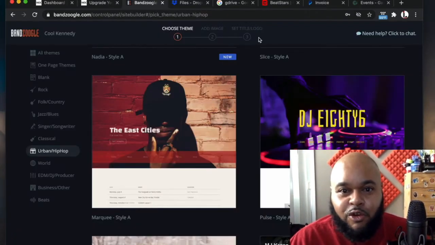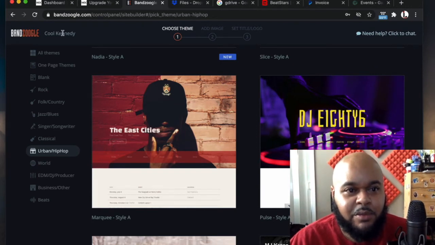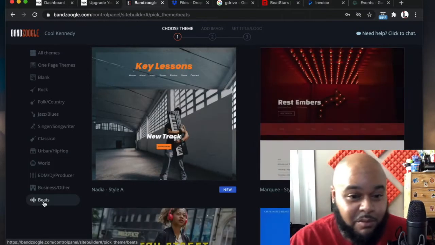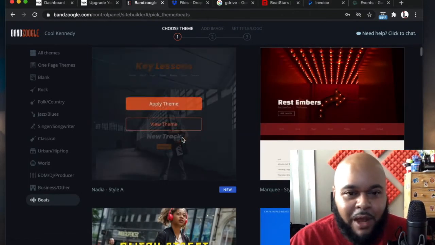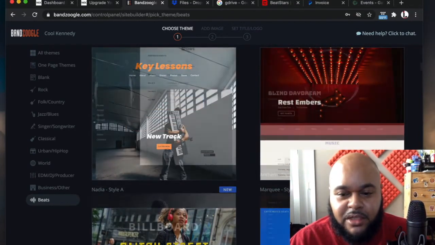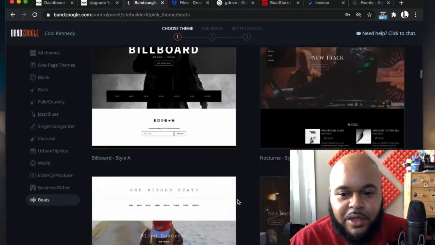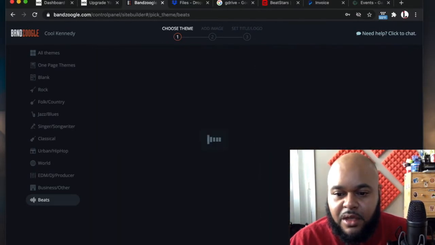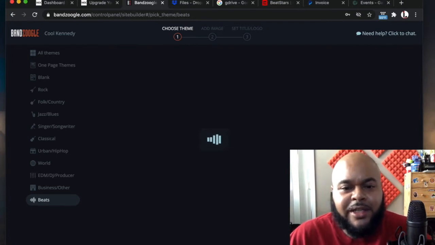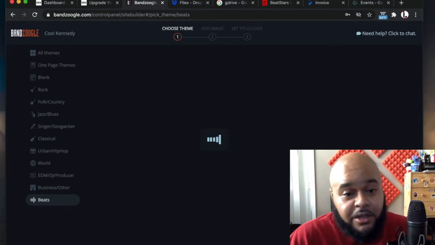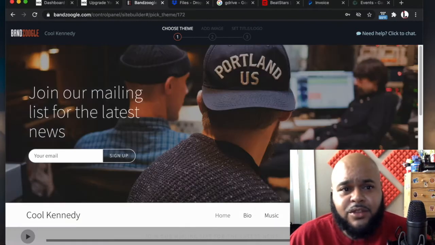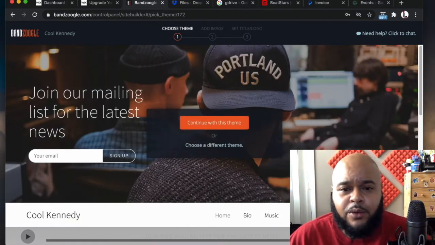We'll go to Bandzoogle, and if we go to the main page of Bandzoogle, they actually have a beats theme. We went into urban, which might be for artists in particular, but it looks like they have a beats theme. I'm sure it probably comes with some type of widget to play your beats, and also to connect a link to PayPal, because that's another thing you want to have. Whether you're creating a website through Wix or Bandzoogle, you definitely want to